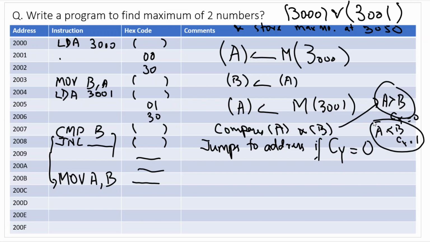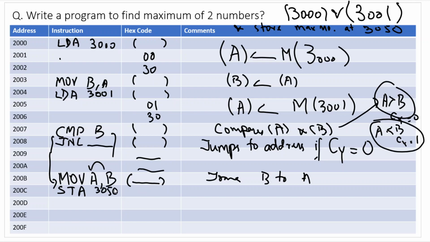So what I am doing now is, whatever was the larger number, I am transferring that to A. Fine. Write the opcode of this. So this simply transfers contents of B to A. If A is greater than B, carry will be 0. If A is less than B, carry will be equal to 1. And if carry is equal to 1, then I have to make sure that the number from B is stored back into A. And at 200C, what I will write now is STA